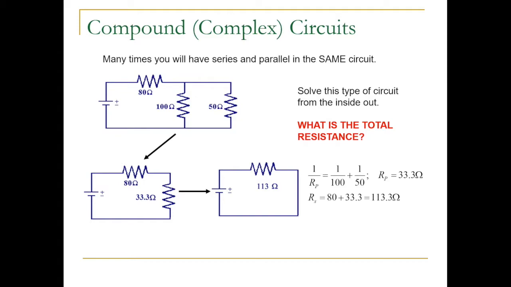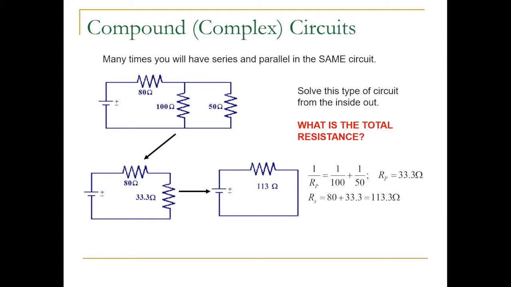Now, if we have to determine the equivalent resistance, the first thing we have to do is figure out how much resistance is in the parallel structure. And so you can see that we have calculated specifically the parallel resistance as 1 over 100 plus 1 over 50. Notice how we haven't dealt with the 80 ohm resistor yet. And what we end up with is 33.3 ohms. Again, this satisfies the idea that the equivalent resistance in parallel is always going to be less than the individual